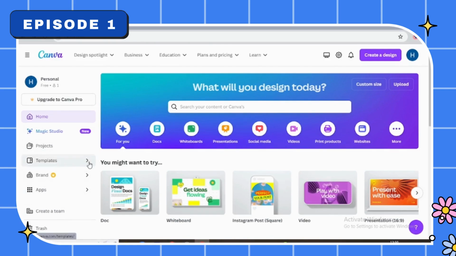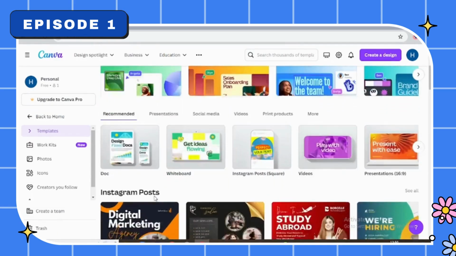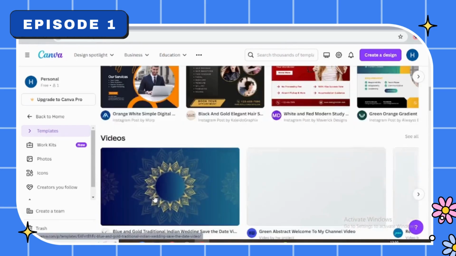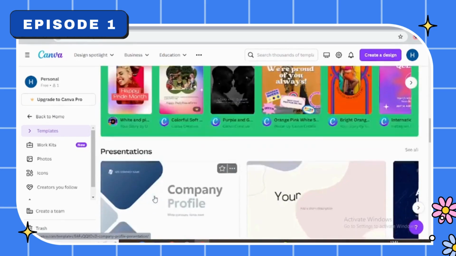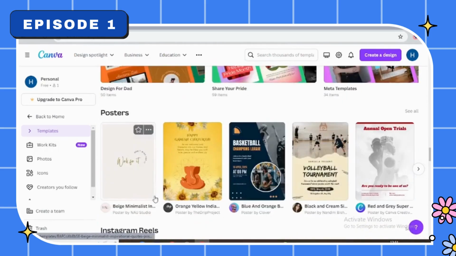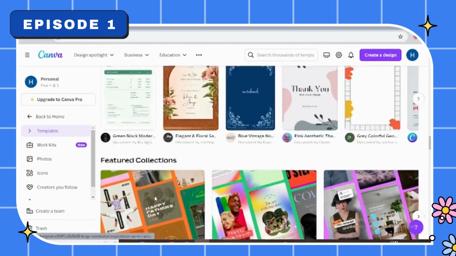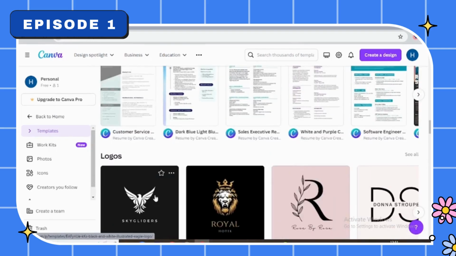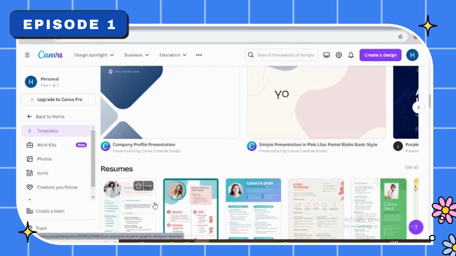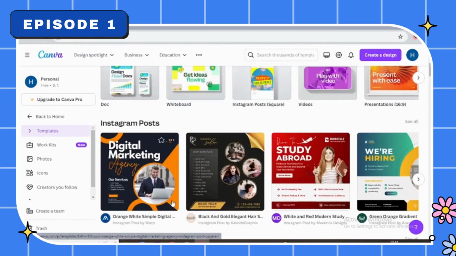Like clicking the templates, we can choose from the various templates that are available in Canva. So can you see the variety? We can create thumbnails, reels, posters, collections, documents, logos, CVs, resumes, presentations, Instagram posts, and whatnot.